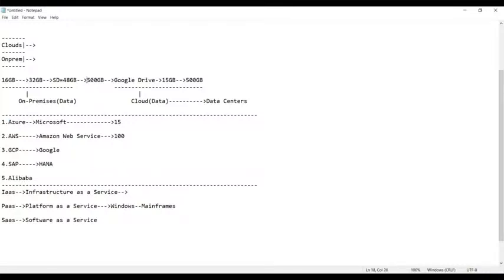Now the next one, suppose you require to store data. Same as I told you in the example, I have some 48 GB of data now, and I want to extend it to 500 TB, that means terabyte, or PB, that is petabyte. 500 petabyte data I want to store.